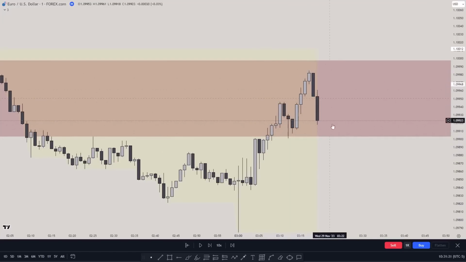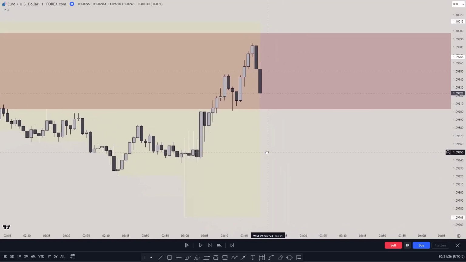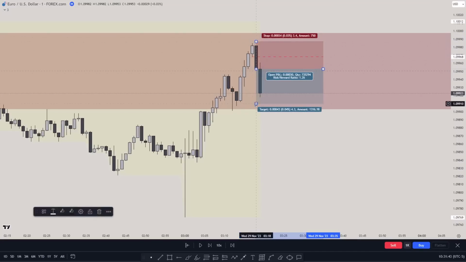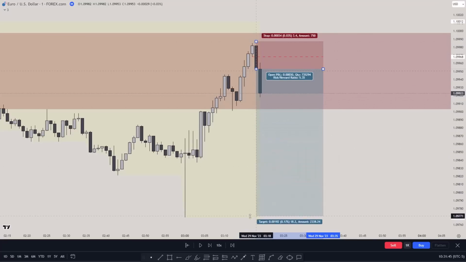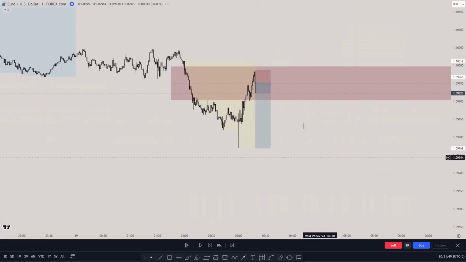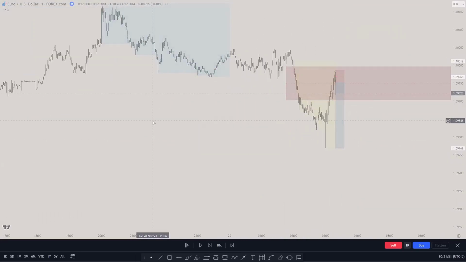Price went up more. So the first entry that you could have taken here is this one, this change in the state of delivery. Why? Because this is the birth of an order block. So my order block would be right here, and you can enter right here or at the order block. But for our entry, it's going to be a stop loss just above the high, targeting this low. And this low was actually on the 15-minute, it should be broken, and you could have targeted much more profit.